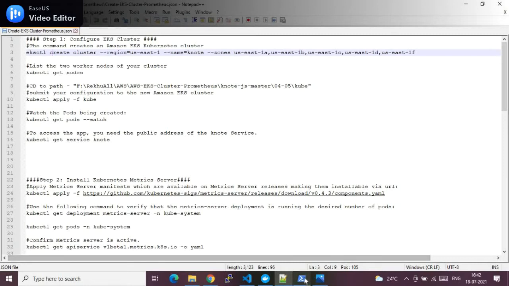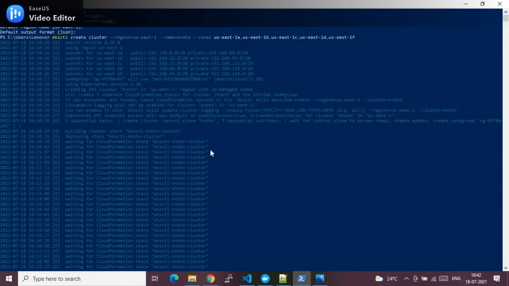Now let me go back to that PowerShell window. Here I'm using the PowerShell tool to invoke all my commandlets so that I can show you the required demo, whereas you can use CMD and other tools as well. Since I'm using the AWS CLI, I'm setting the context of my AWS account. AWS configure is the command through which you can set the context of your AWS account, where you will be creating the EKS cluster.